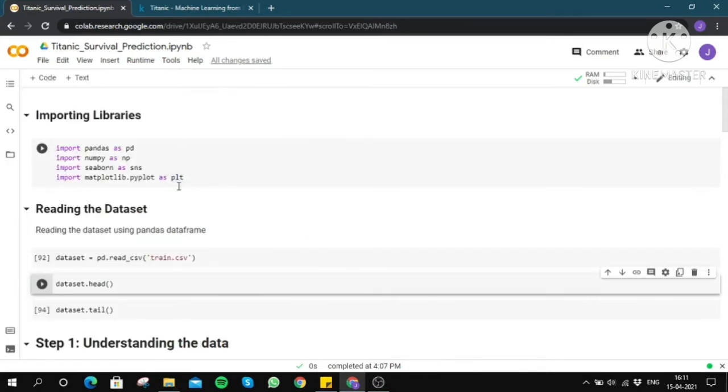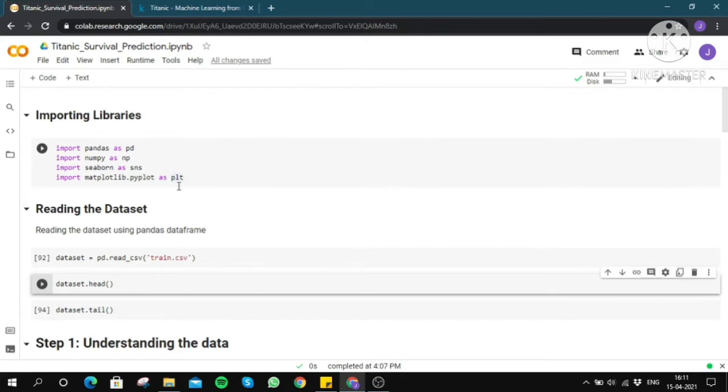Any machine learning problem starts with importing the important libraries, and in any machine learning problem you will find these four libraries are very common. Pandas, which is used to manipulate the data frame; NumPy, which is used for handling the arrays as well as the matrices; Seaborn and Matplotlib are used for plotting interactive plots.